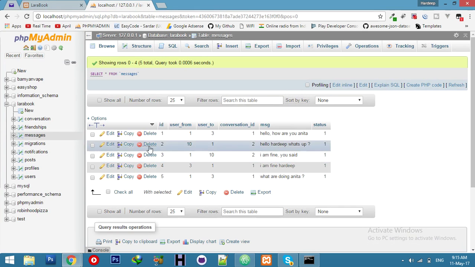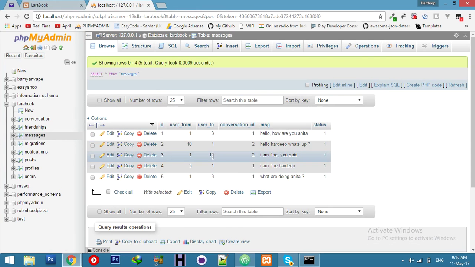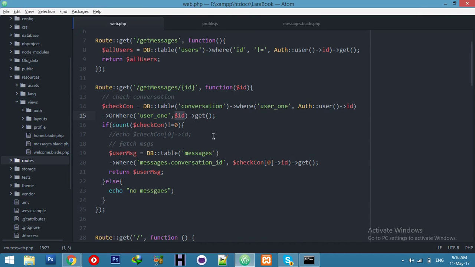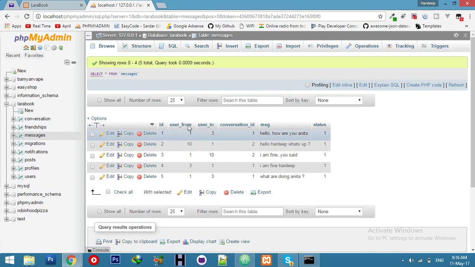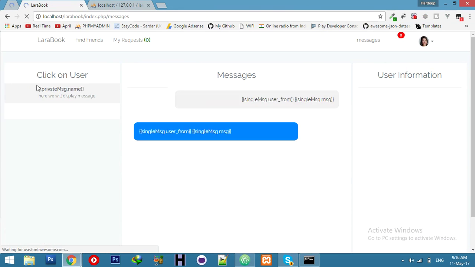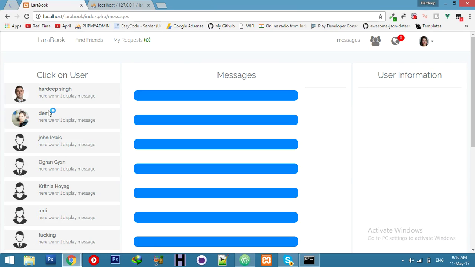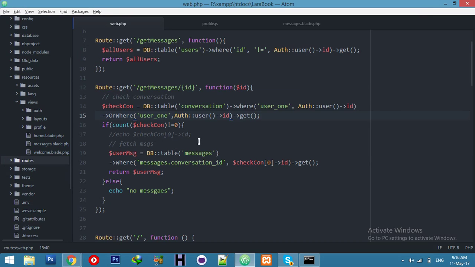You can see in messages, in message you have a user to, who is sender, who is receiver. Okay, and auth, just for experiment purpose I'm adding this. Refresh, nothing, because we need to pass that id. Okay, and